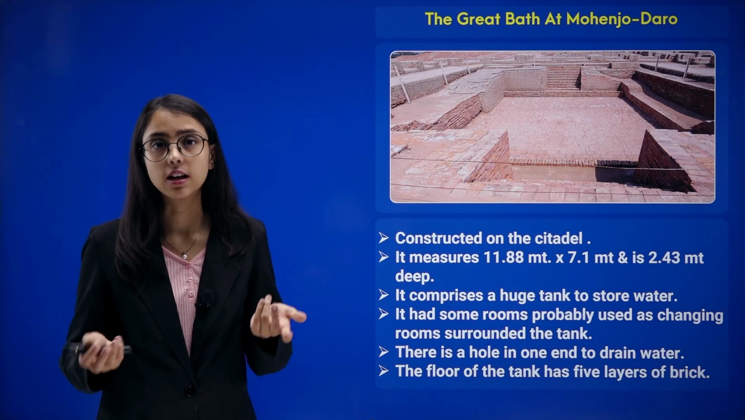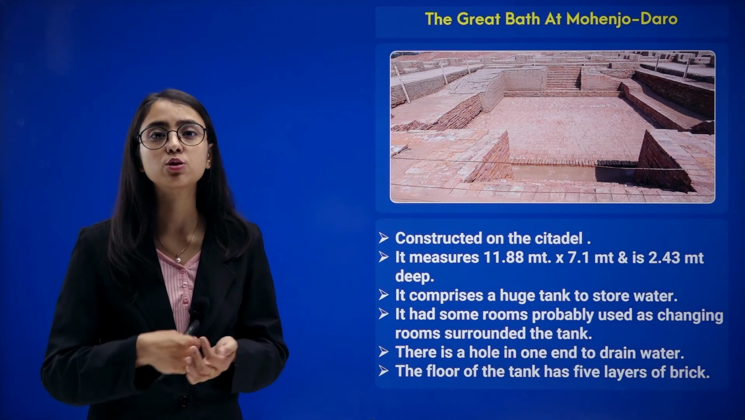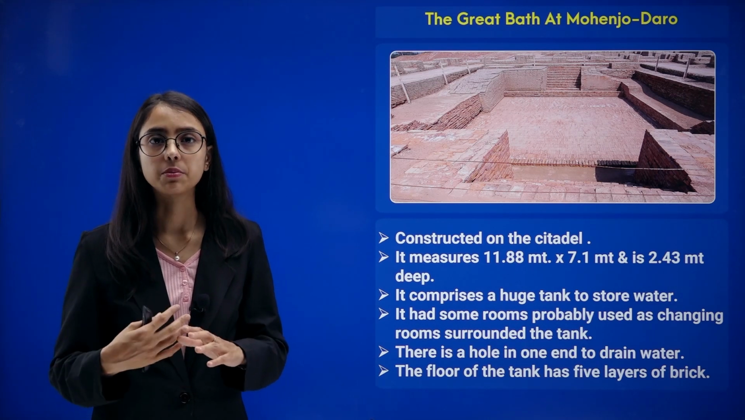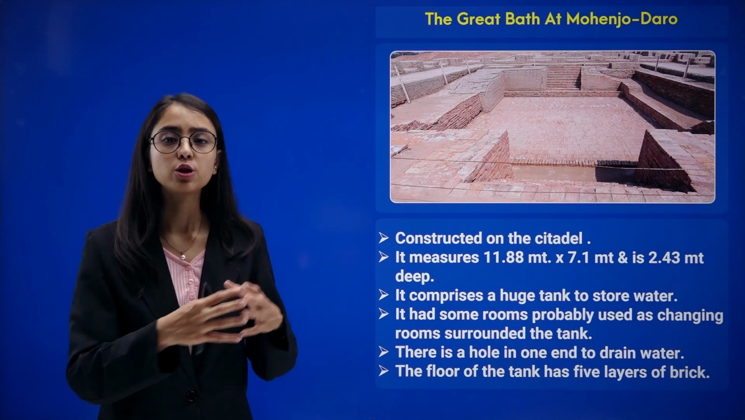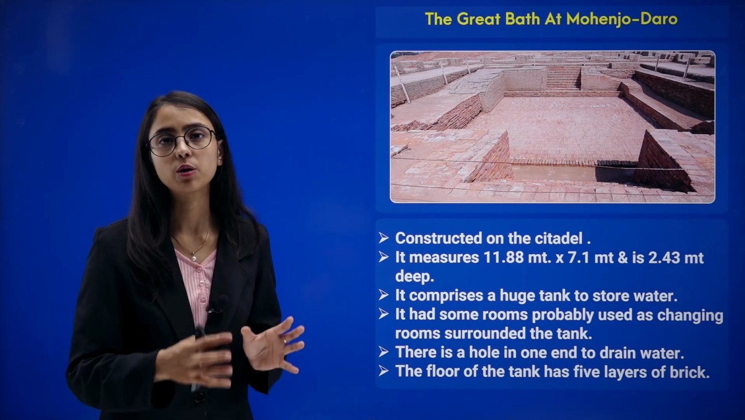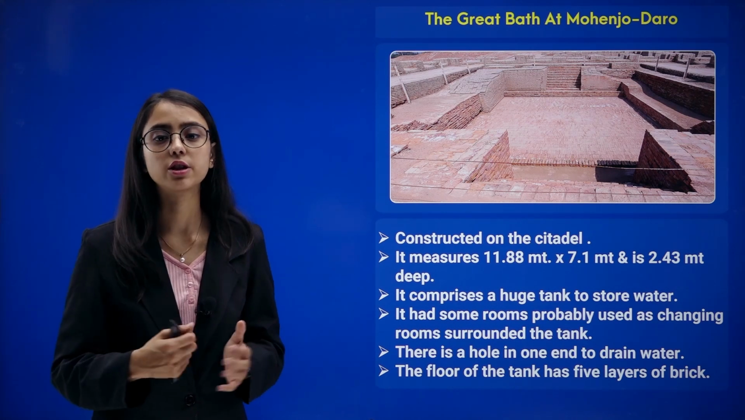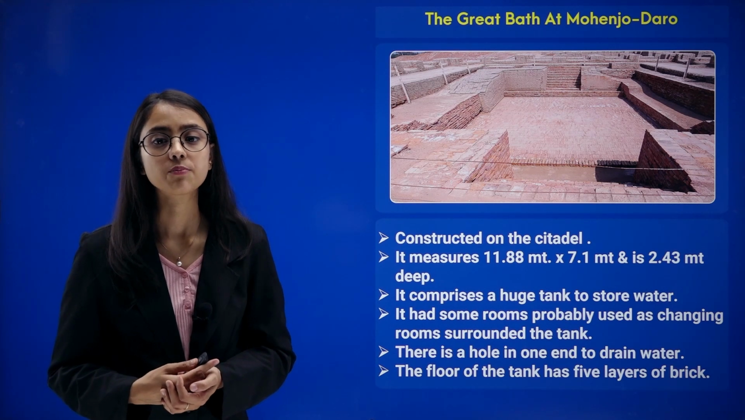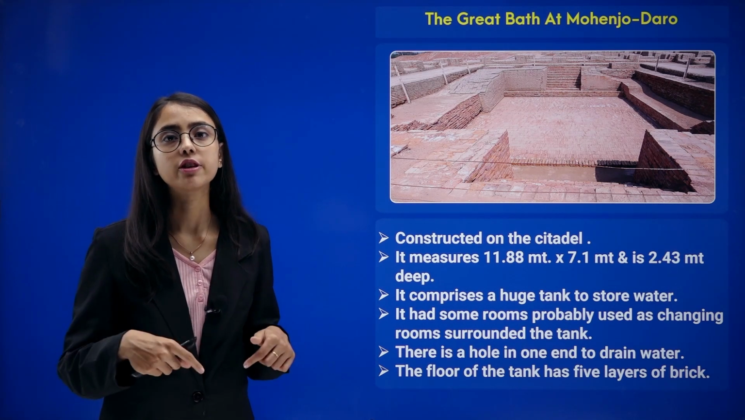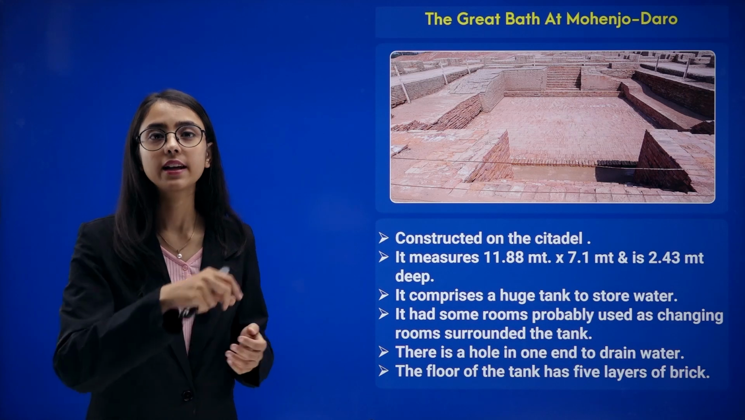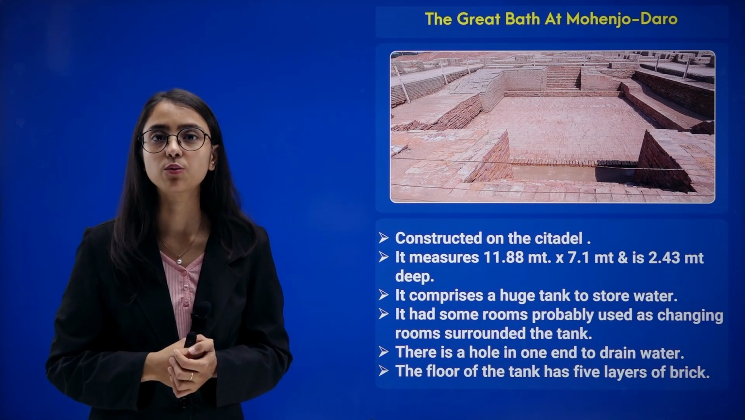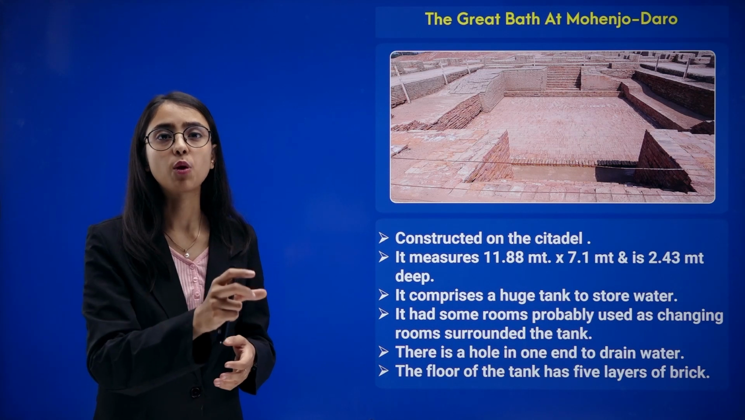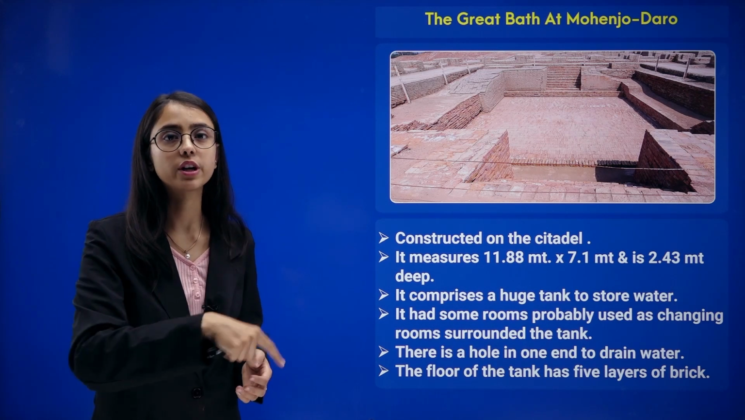Since it's a bath, it was a public bath where people used to come and take a bath and sit there and meet people. So it comprised a huge tank to serve and store water which would be available for everybody to use. It had some rooms probably used for changing, and they were surrounded by different tanks. There was a hole at the end of the bath which was used to drain water. Since it was a very large bath, there was a requirement for a big hole to drain out the